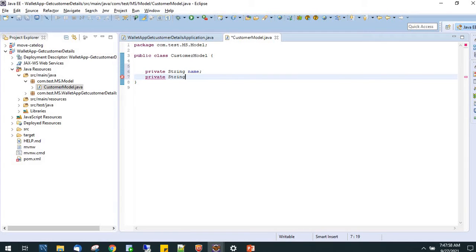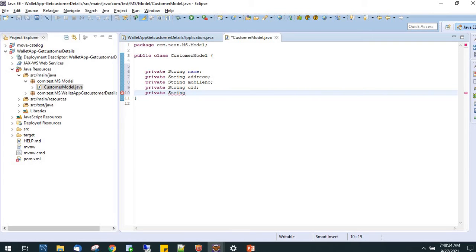Private string address, private string mobile number, private string, what we have to give, CID customer ID, private string IP address.